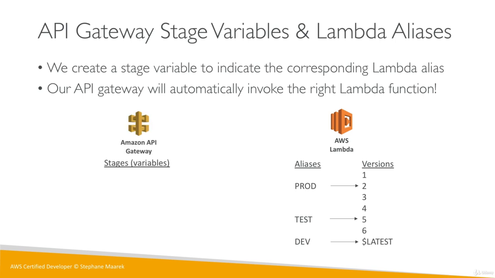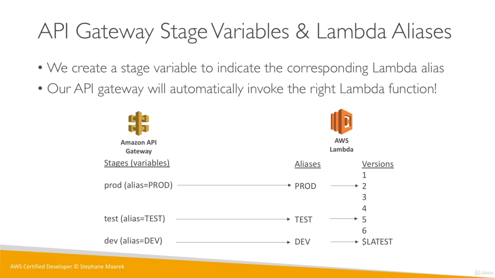So we'll have an API Gateway, and it will have 3 stages, and in parentheses are the variables. So the dev stage will have a variable called alias, and it's just me defining a variable named alias equals dev. And by doing this, and by configuring my API Gateway correctly, we can have my dev stage point to my dev alias in AWS Lambda. And then we can have my test stage using alias equals test point to my test alias in Lambda, and so on for prod. And so using these stages and these stage variables, we're really able to modularize how we want our stages to behave and which Lambda functions we want them to invoke.